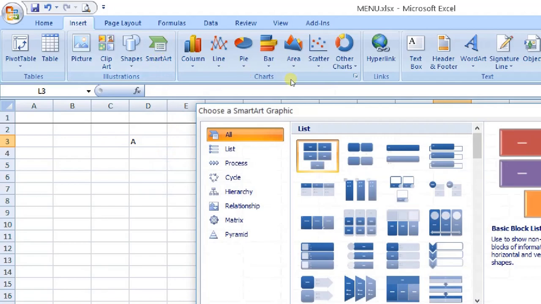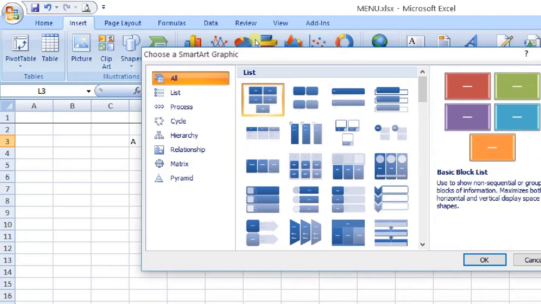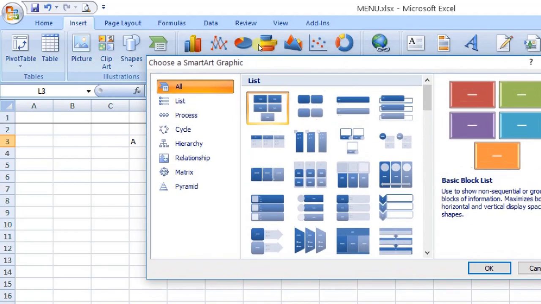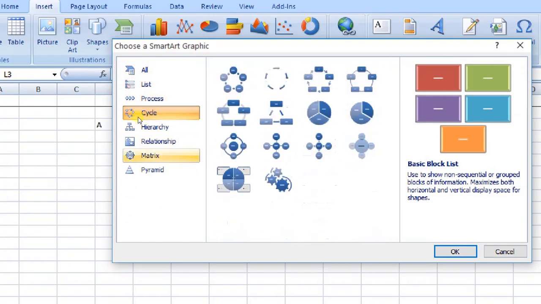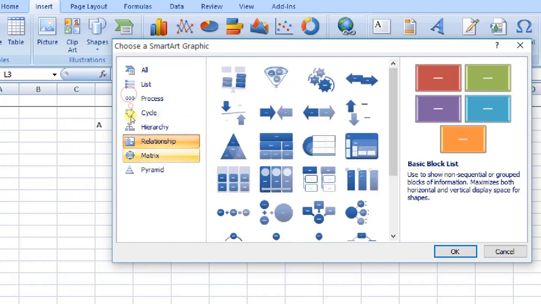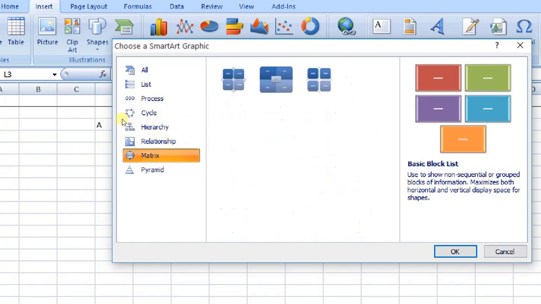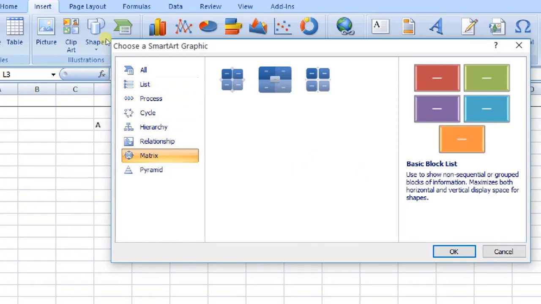SmartArt is a predefined set of templates that Excel provides for better representation of your data. These are the different templates: list type, process type, cycle, hierarchy, relationships, matrix. We have already predefined templates and we can use them from SmartArt.